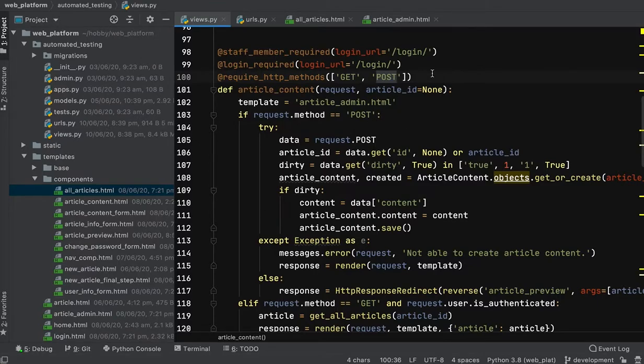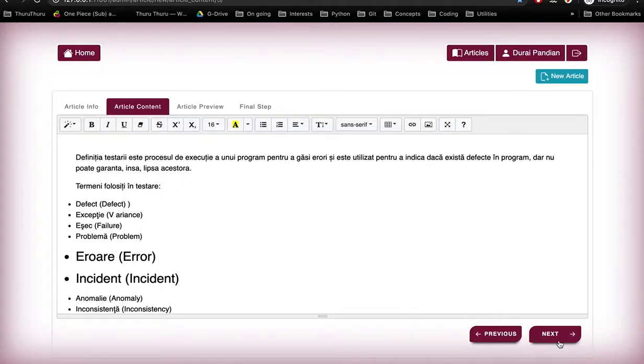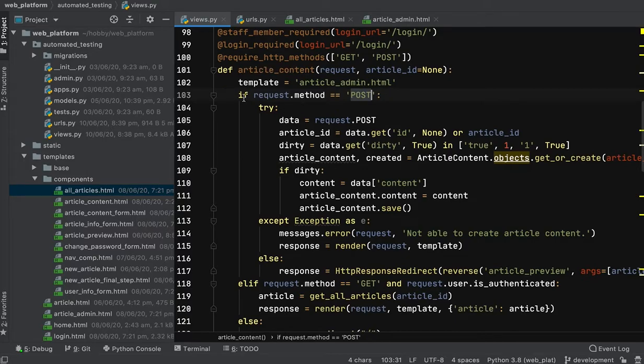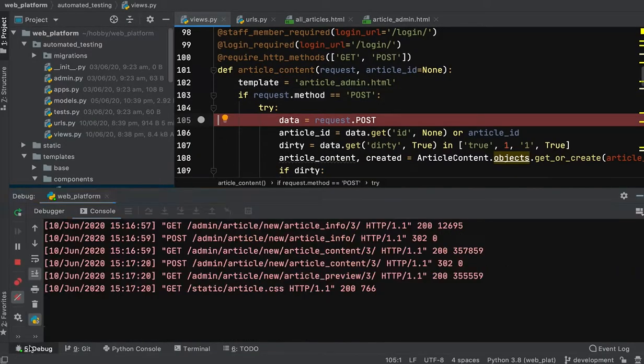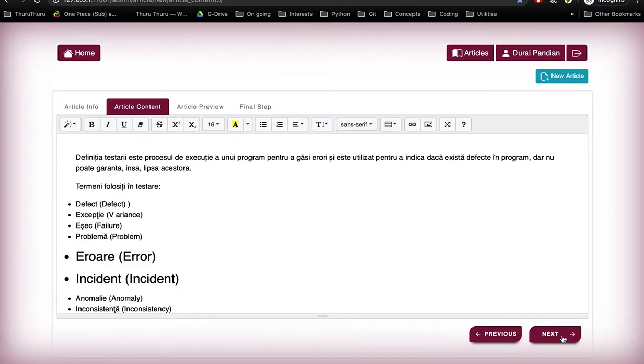When you post it, that means when you move to the next one, this will be posted to the article content. So when you go to the next page, what happens? Let's take debug, let's look at live.